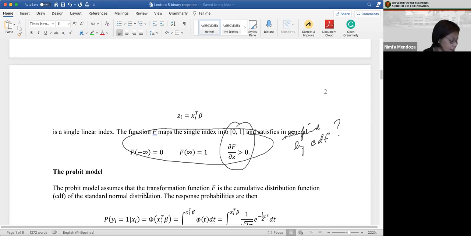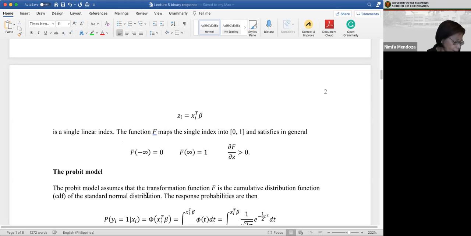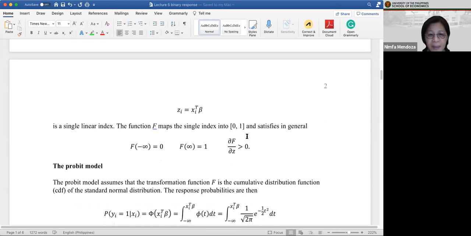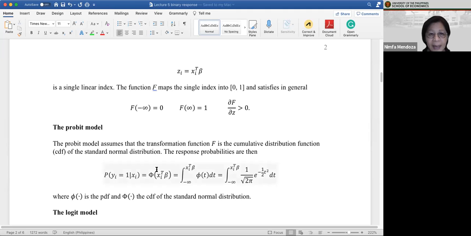That is, we have it here, it is F evaluated at x sub i transpose beta. Okay. So if we let F be the CDF of the standard normal distribution, then we have